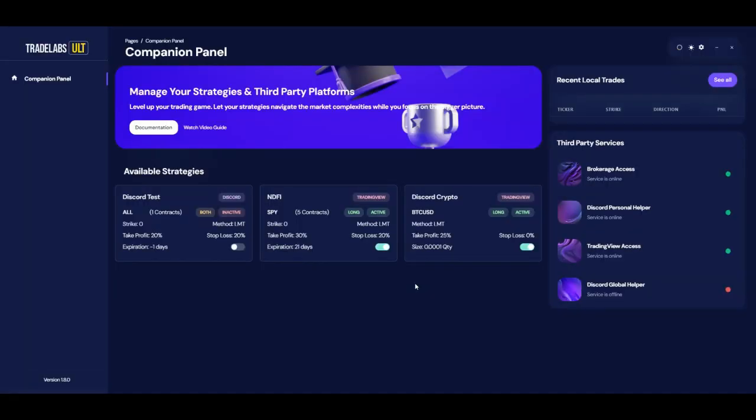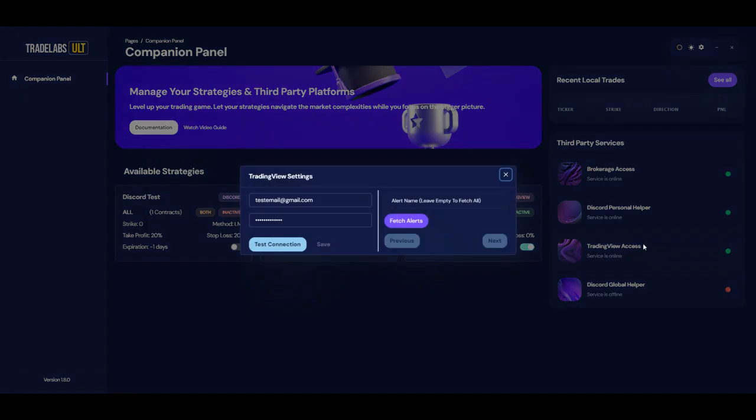Now let's do the TradingView access setup. It's very similar to the Discord setup we just did. In the menu, you will be asked to input your TradingView email and your password. After clicking on Test Connection, another browser will appear handling the login for you automatically, just like with Discord. If there are any CAPTCHAs or two-factor authentication pop-ups, please handle those manually, as the browser is not equipped with such features. Once your account has been signed in, the browser will close and the menu will expand, allowing you